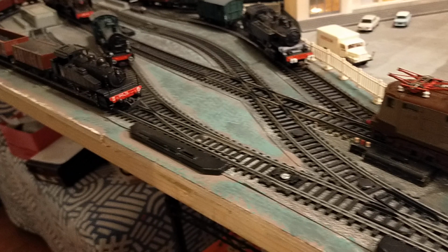And its station clock says it's 20 past 10 again, but in reality it's 10 o'clock, 10 p.m. And we'll zoom on the Fiat 242,